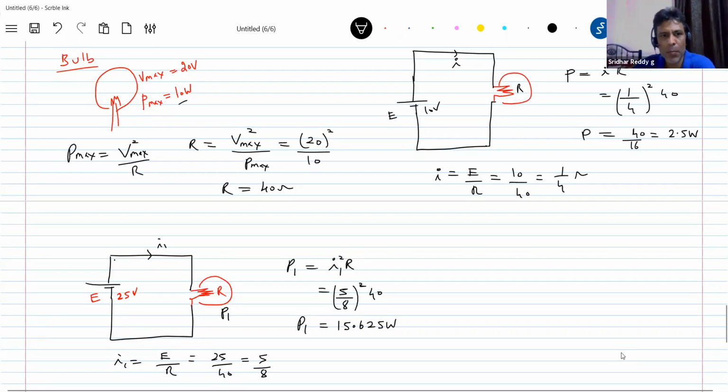What is the maximum permitted power? 10 watt, no? But how much is there? 15.625. What will happen to the bulb? The bulb will get damaged. The filament will burn out, then become an open circuit and the current will become 0. So what will happen here is P is greater than P max. The bulb